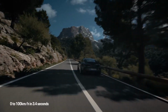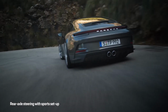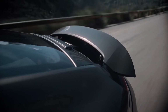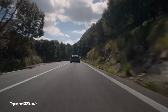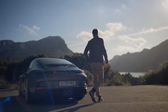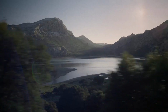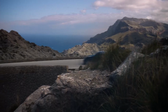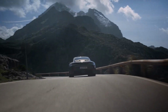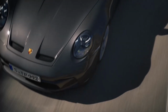Obviously the chrome parts you can de-chrome again if you wish, so you can add a carbon roof and all sorts. Anyway, the 911 GT3 with the touring package looks amazing again. It's maintaining the performance. You can choose from a manual 6-speed GT gearbox, or the PDK, where with the PDK you can do 0 to 60 in 3.4 seconds, which is bonkers for what is supposed to be a sports car. Obviously the 4-liter flat 6 is maintained there, as well as the double wishbone suspension in the front. It's got revised aero because it's losing the rear wing, so the underbody is slightly redesigned, which is expected,